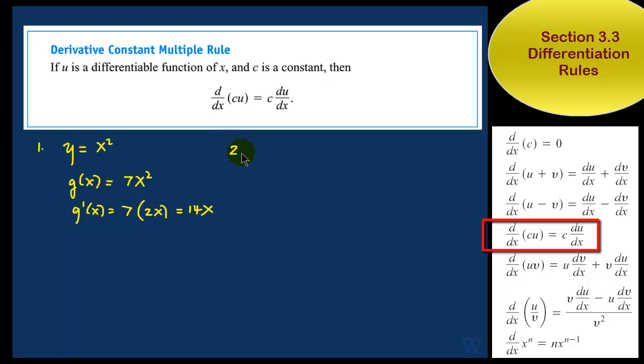Another example, suppose y is equal to, we can define it as, say, 6x to the 5th. That means by the derivative constant multiple rule, y prime is equal to 6 times the derivative of x to the 5th. So 5x to the 4th, which is equal to 30x to the 4th, and so on and so